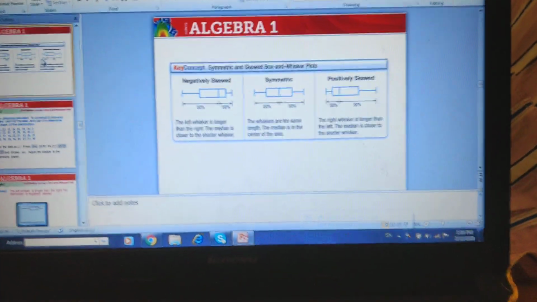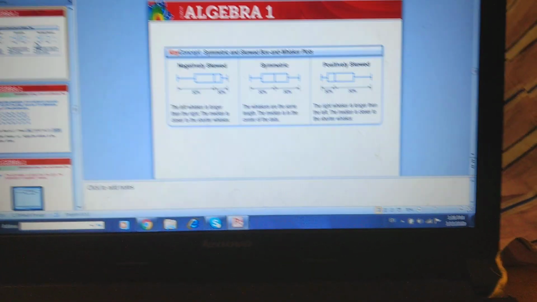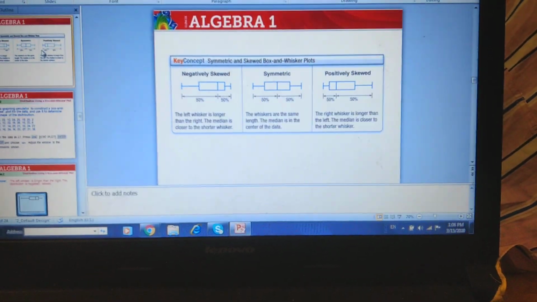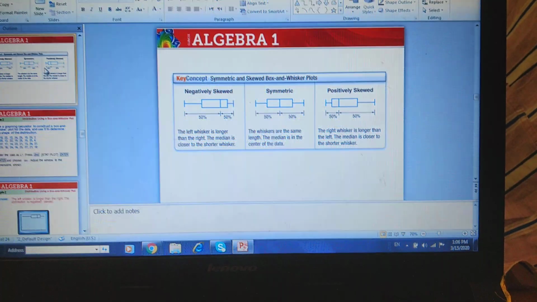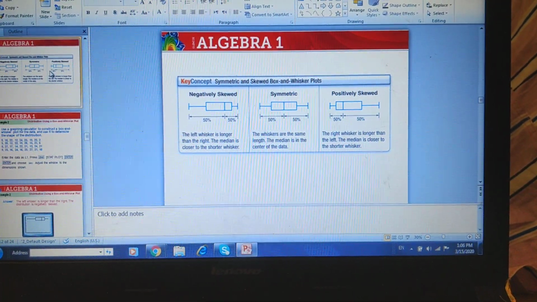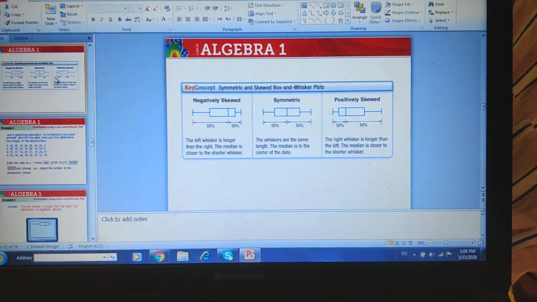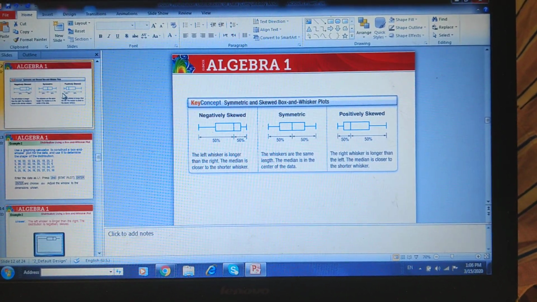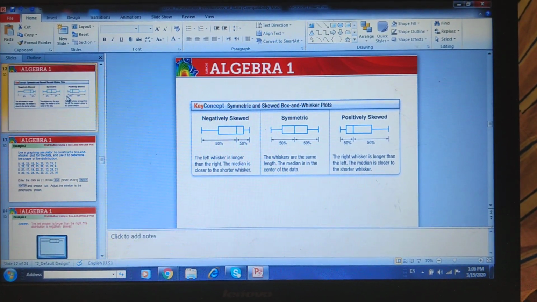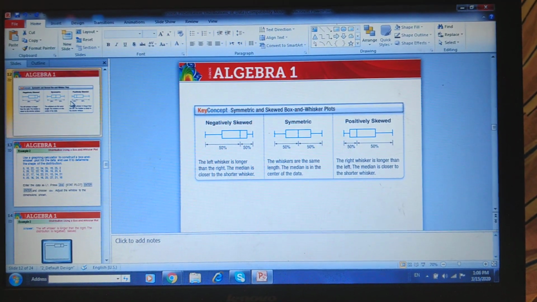Again, pay attention to this slide. When the majority of the data is on the left, and you can notice that the left whisker is longer than the right whisker, this will be negatively skewed. When the median is in the middle and the whiskers are equal, it is symmetric. When the majority of the data is on the right